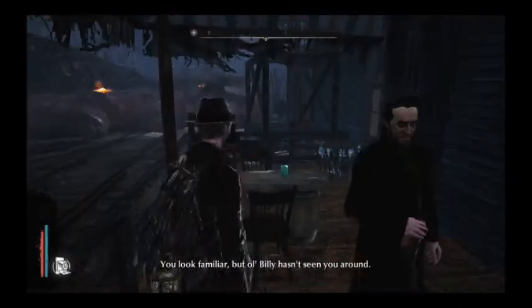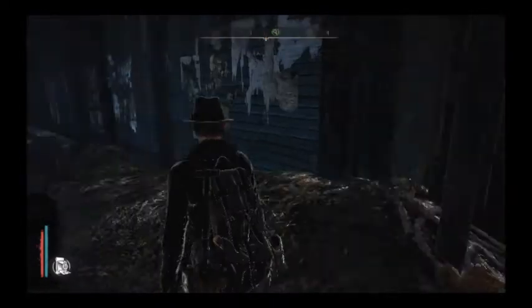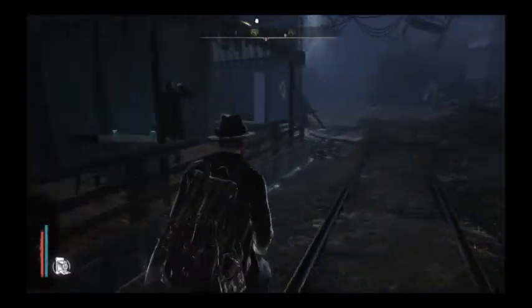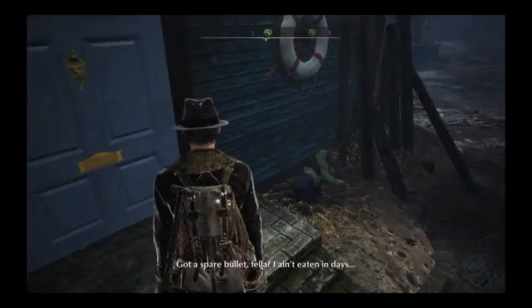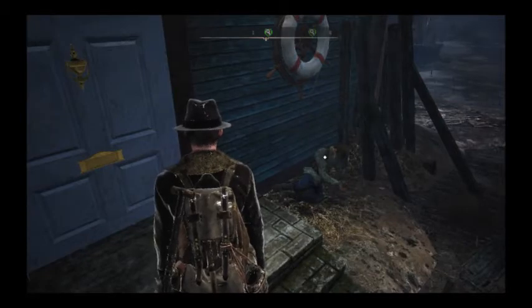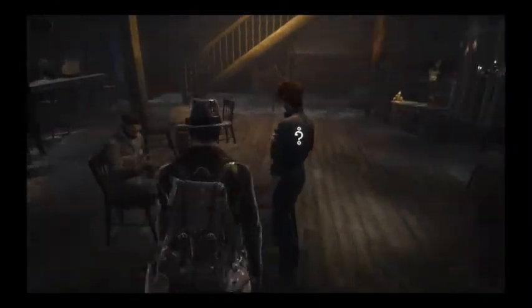reasons. You look familiar, but old Billy hasn't seen you right. Frame drops. It's okay, if this is the bar, we should probably go to bed. Oh, yeah. Hey, got a spare bullet, fella? I ain't eaten in days. If I remember right, bullets are technically a currency in this game. But yet you need bullets for weapons, so...